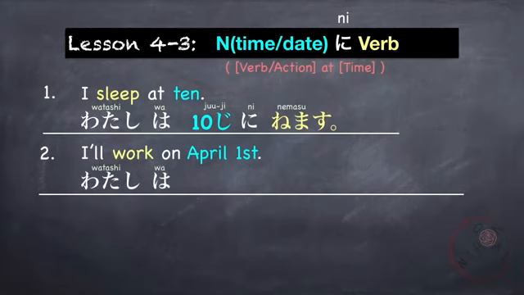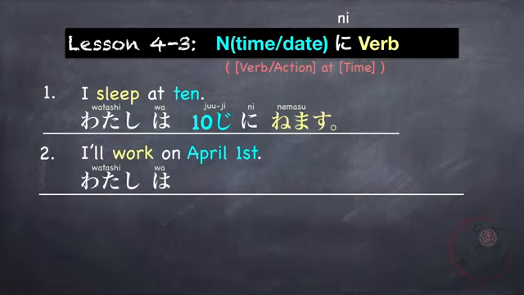You can also use this if you're talking about a future action. For example, I'll wake up at 6 tomorrow. 私は, tomorrow is 明日。6時に起きます。私は明日6時に起きます。